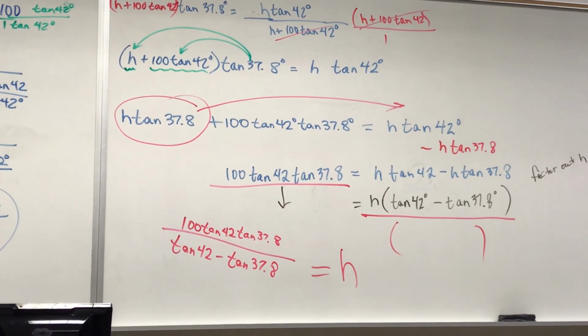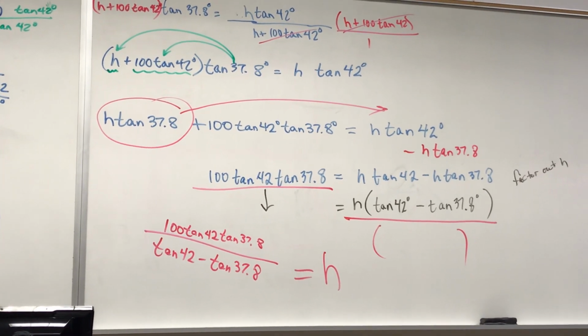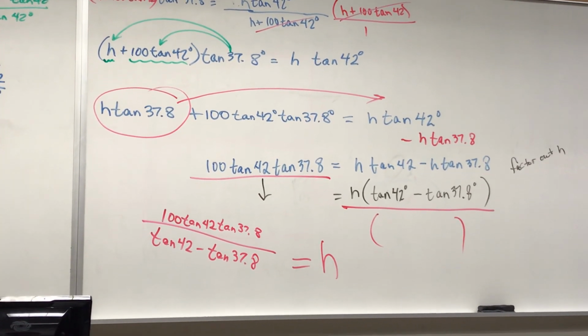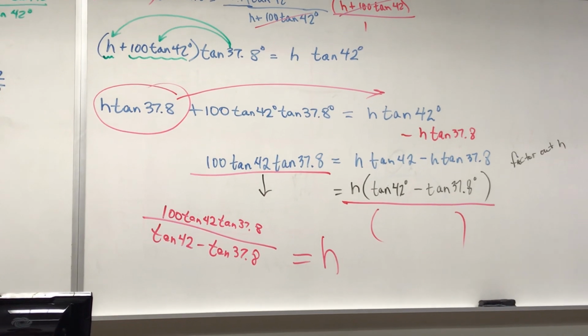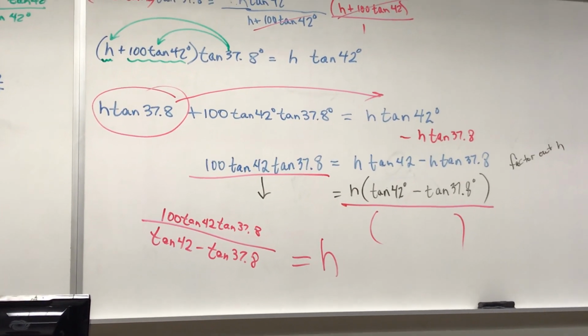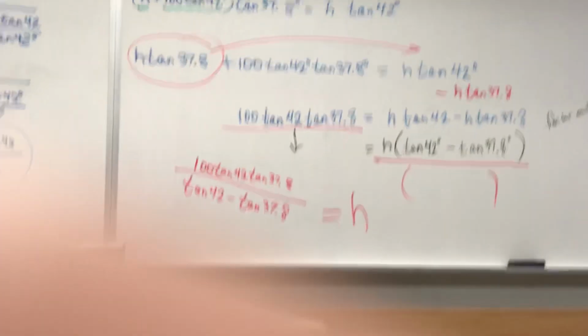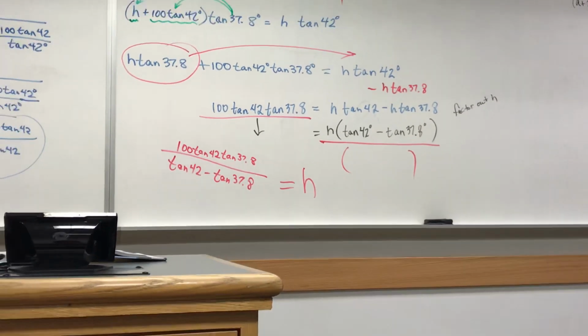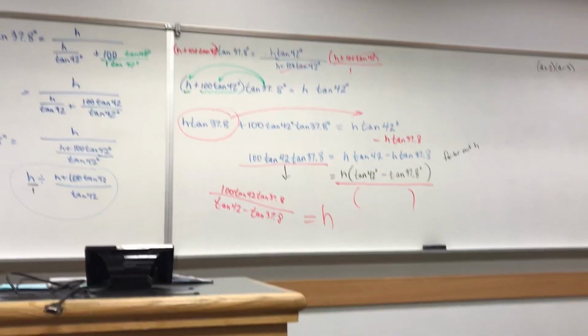Can I cancel my tangent of 42s and my tangent of 37.8? Bummer, no. Why not? Subtraction sign. It actually works algebra-wise a little easier if you use cotangent. So, when you do this on your homework,